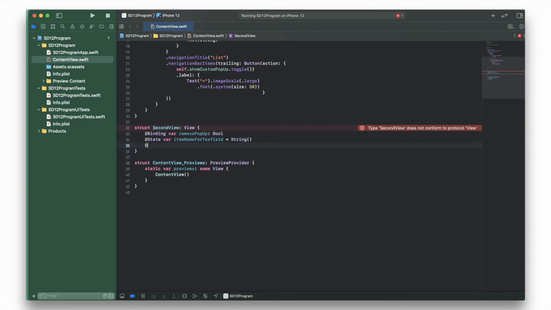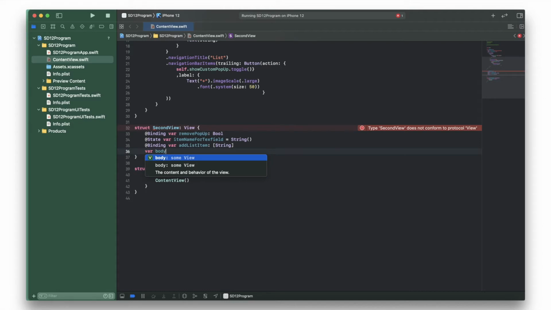And we're going to create an @Binding var addListItem string. So that's going to be where we're going to be able to add a new item to our list in the content view. So I'm going to put var body colon some View,